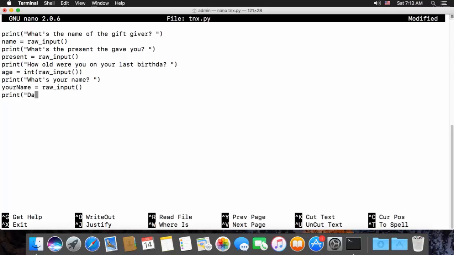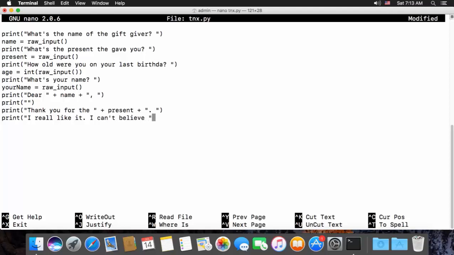So then the first thing we're going to do is we will say print, dear plus name, and a comma. We'll put a blank line. Print, empty string. And we'll say thank you for the present and then a period, and then a space. And then we'll say, print, I really like it. I can't believe